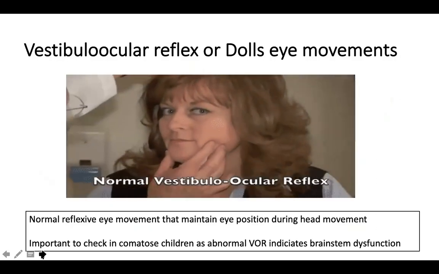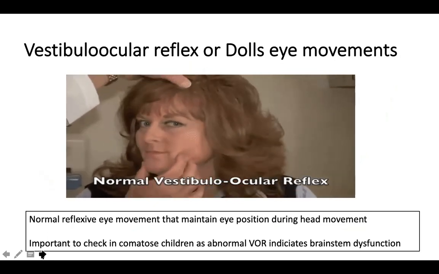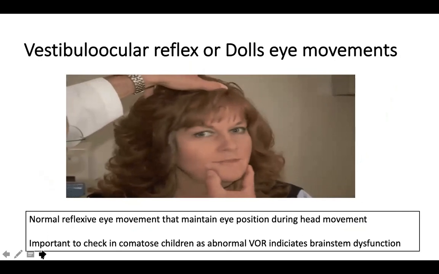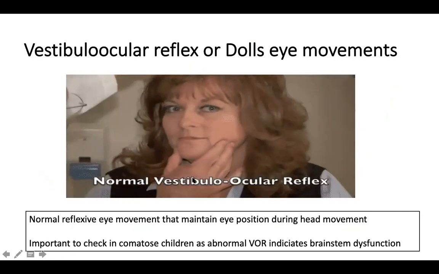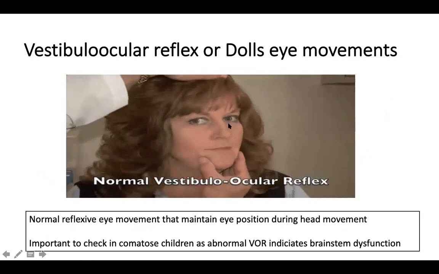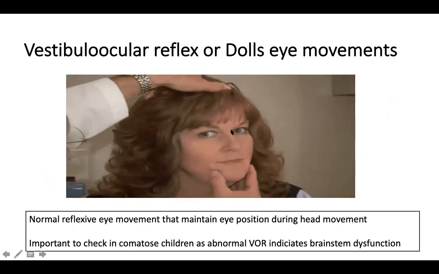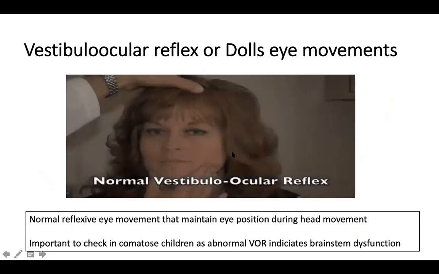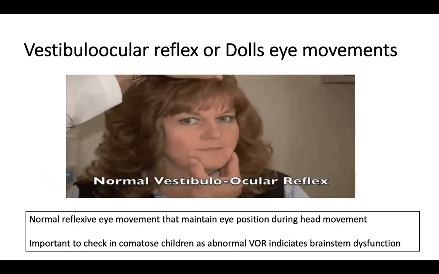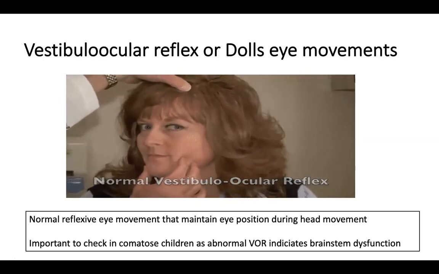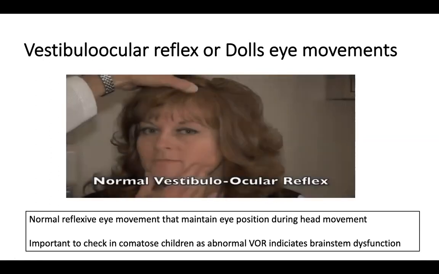So in a comatose child or a comatose patient lying in the intensive care unit, you can check for the vestibulo-ocular reflex, also known as the doll's eye phenomenon, which is nothing but you move the head gently from one side to the other side, and the eyes move to the opposite side. As you can see in this diagram, when your head moves to the right, the eyes move to the left. When your head moves to the left, the eyes move to the right. Okay, so this vestibulo-ocular reflex, or the eyes moving smoothly to the opposite side, requires significant coordination from your cerebral cortex and the brainstem. There are extensive networks which control your vestibulo-ocular reflex.